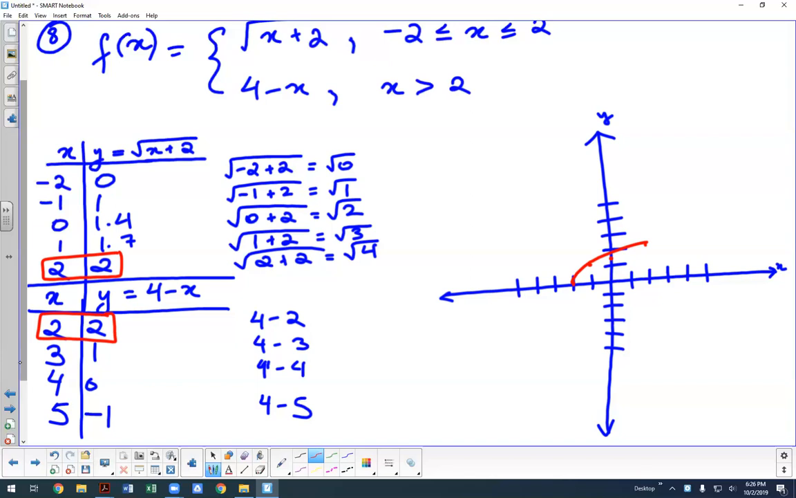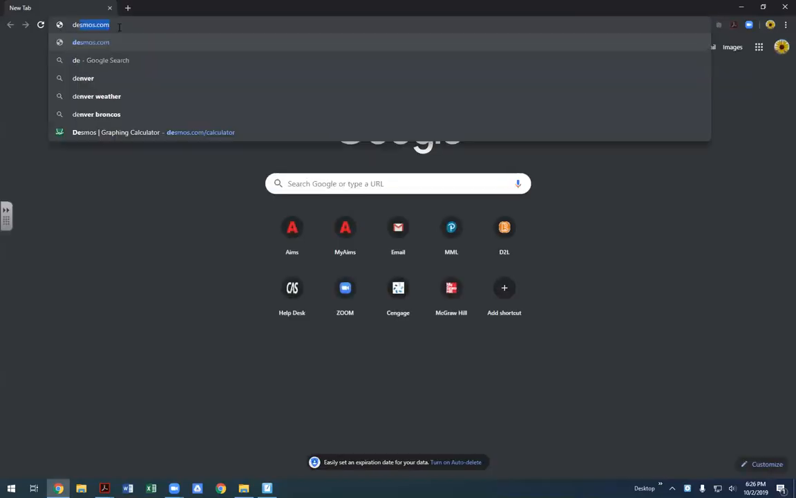So we're going from 2 and 2 to 3 and 1, 4 and 0, and then 5 and -1. So this should actually be a straight line that goes down like this. Okay, just to show you what this graph should look like, let's go to,